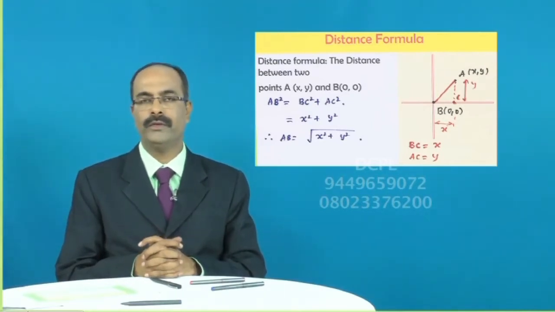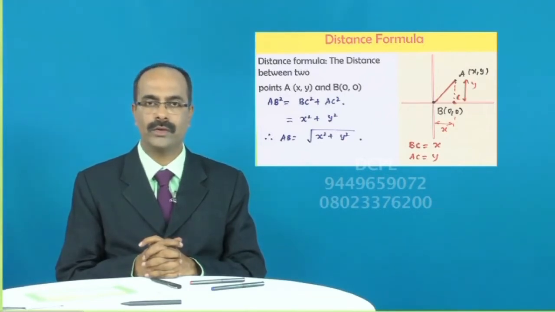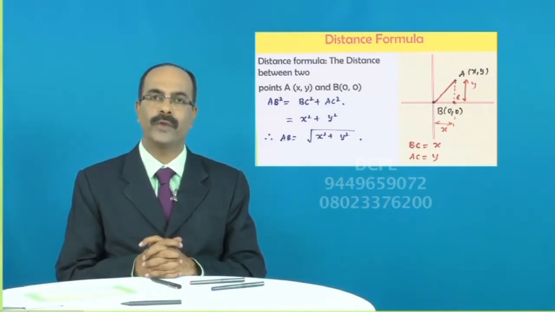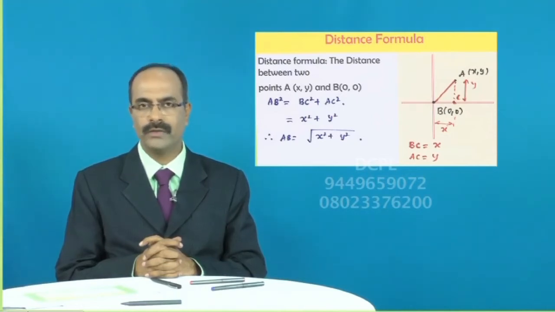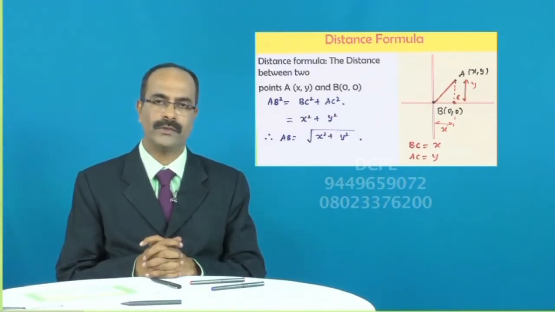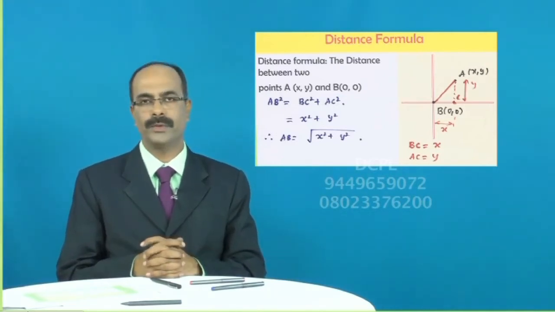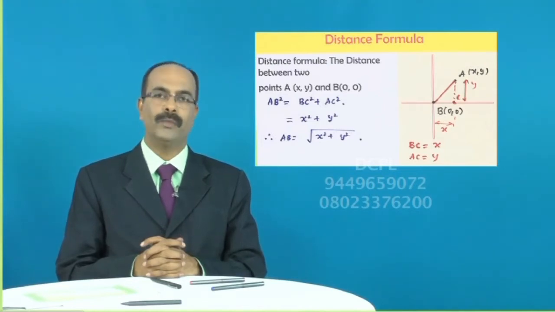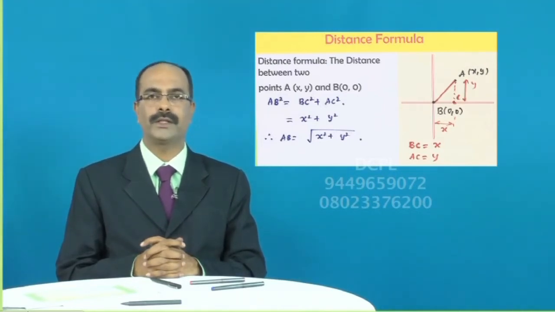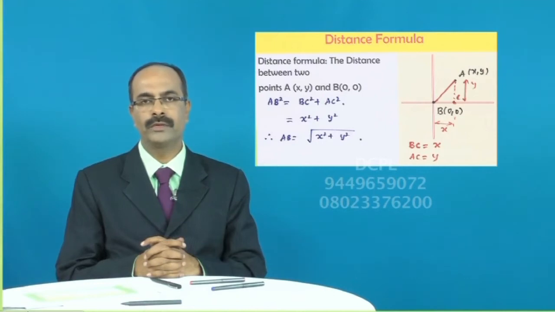So what is the first formula we have studied? That is the distance formula, square root of (x2 minus x1) whole square plus (y2 minus y1) whole square. The second formula is root of x square plus y square. A simple formula, dear students. Hope you are understanding this. These are the 2 basic formulae that we are going to discuss now, and we will be discussing a few problems based on this. Most of the problems are quite easy, but it's just a mere substitution of formula. So, you should know a few squares and square roots. That will make the problem easier for us.